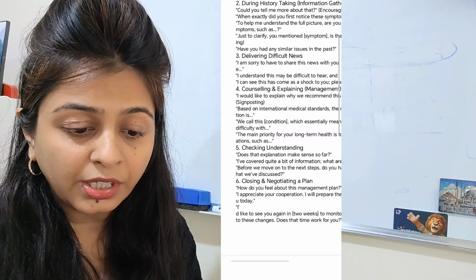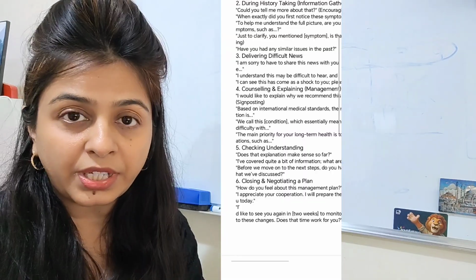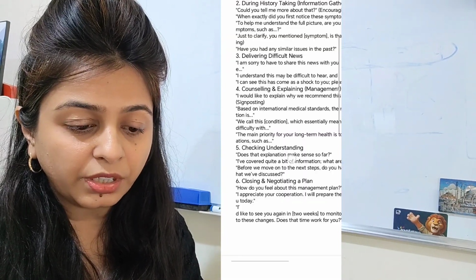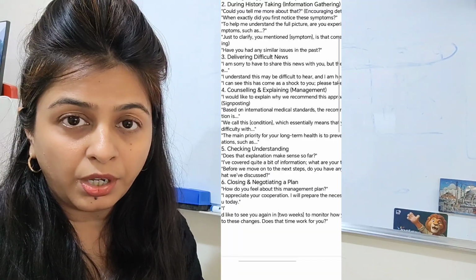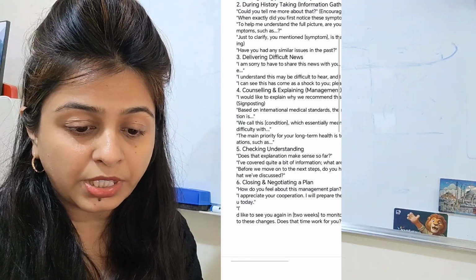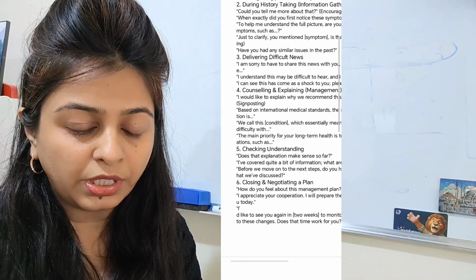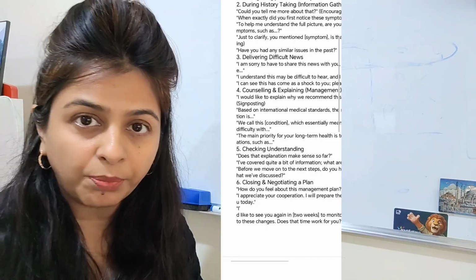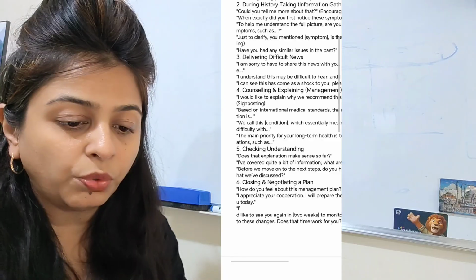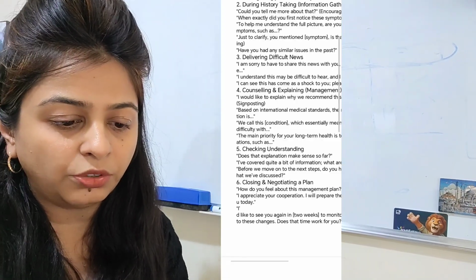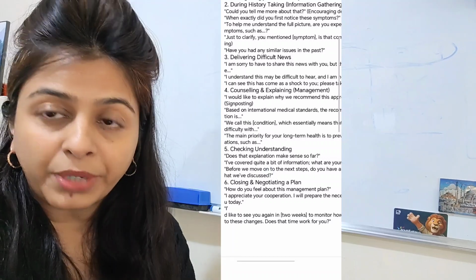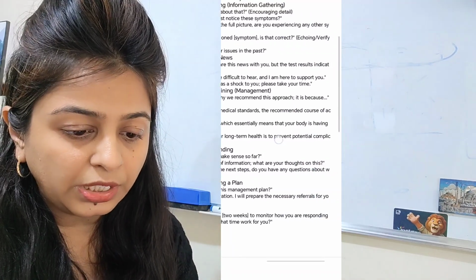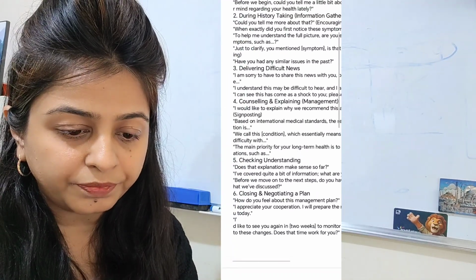Is that correct? So with this line you are clarifying, and you are echoing as well. Echoing is one of the mark-gaining points in the OET speaking session. So this is very important, as well as in the communication task. It is very important to echo and to clarify the symptoms from the role player. For the past history, you can use this line. Have you had any similar issues in the past?